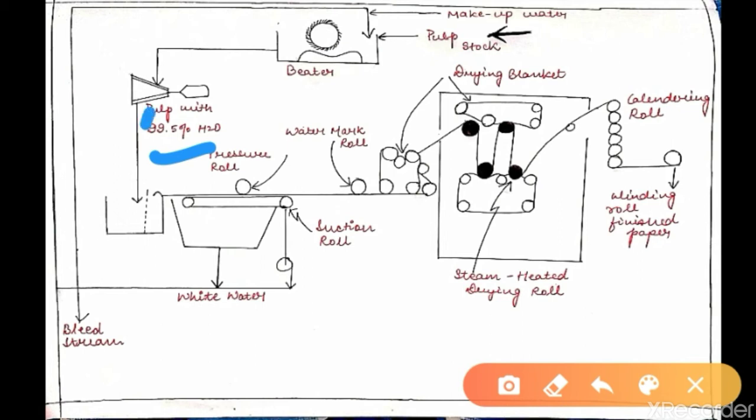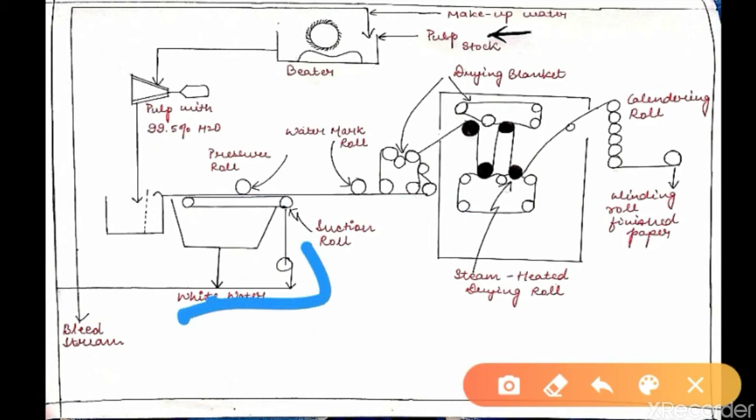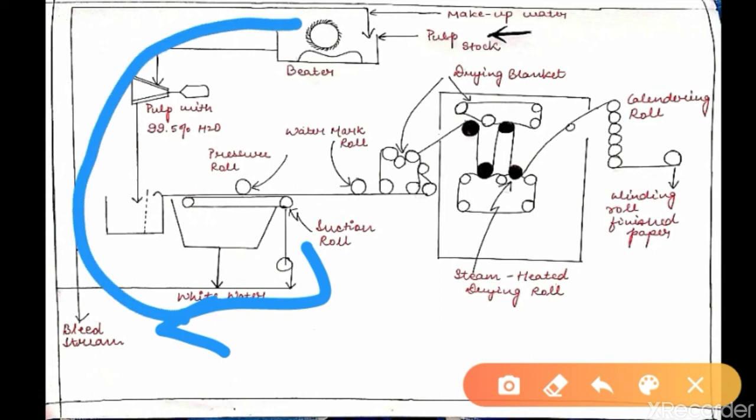Next, the water is drained out by gravity, and the wet pulp is taken into a series of pressure rolls. First of all, it is fed to a conveyor where the pressure rolls and suction roll are. Water is squeezed out of it, and that squeezed water is your white water. This white water is again taken to the beater, so that the water is not wasted and you can reuse it to obtain maximum recovery of fiber.